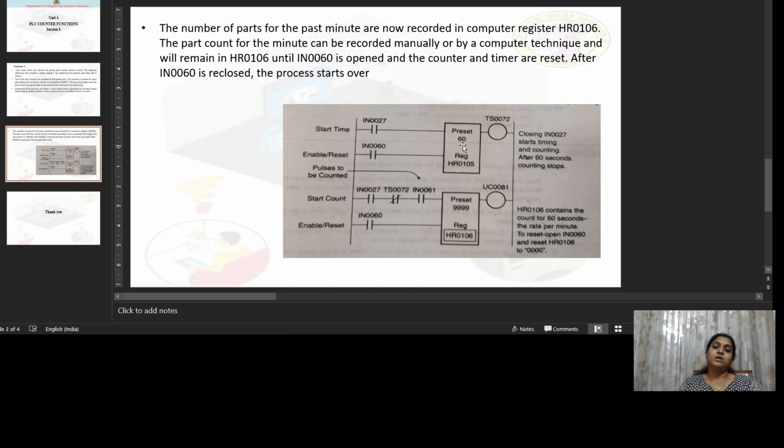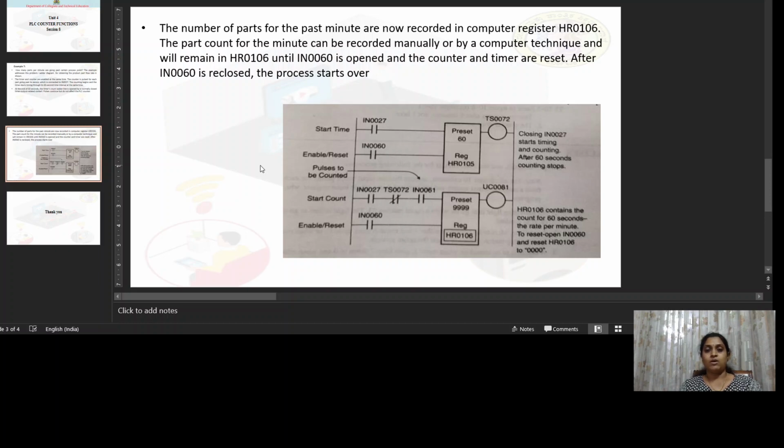So in all these examples, whether it is the counter or the timer, the first thing we need to decide is the preset values. What preset value should be programmed for a timer and what should be the preset value for a counter.